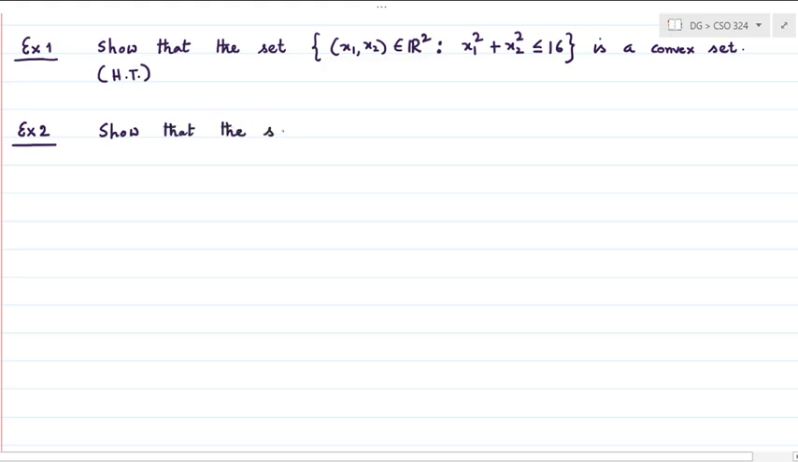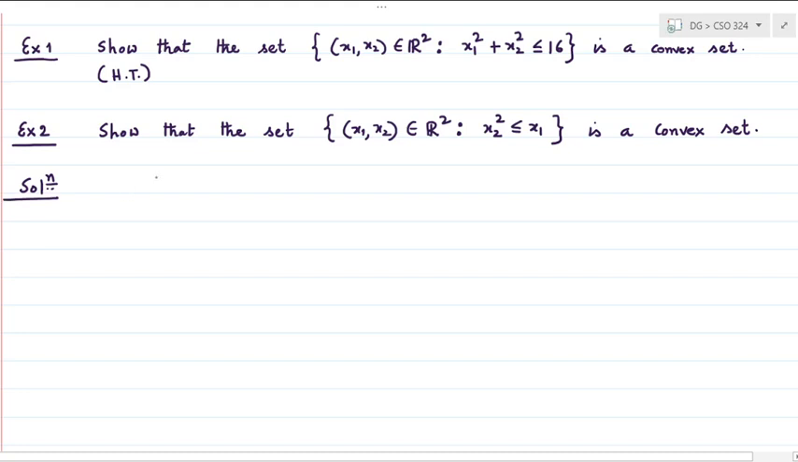the set of all points x1, x2 in R2 such that x2 square is less than or equal to x1. Fine. This is a convex set. Fine. How do we prove it? To show this is a convex set,